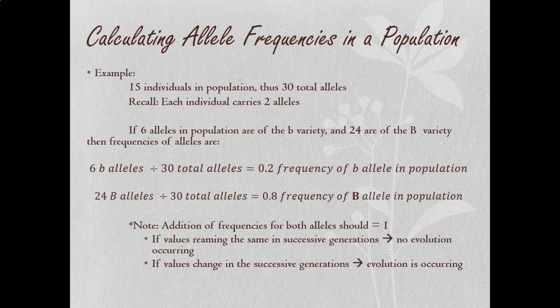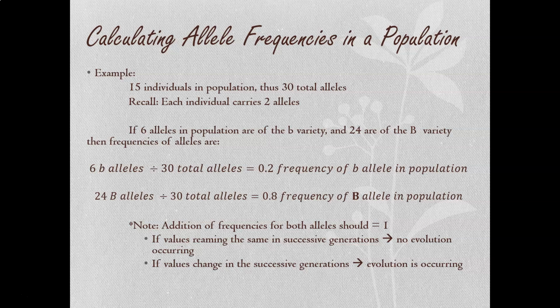So let's take a look at a really simplistic example, and we'll work through some others together in class as well. If I've got 15 individuals in my population, that means there's a total of 30 alleles, because these are diploid organisms. So 15 times the 2 alleles they carry, that's where you get the 30 total alleles from. If I have 6 alleles in that population that are of the recessive or lowercase variety,